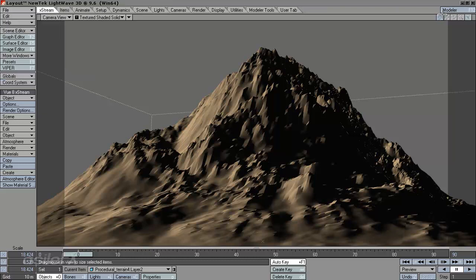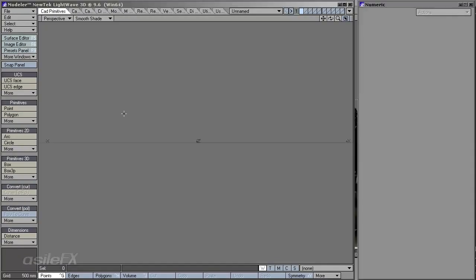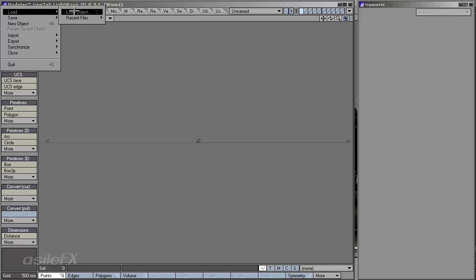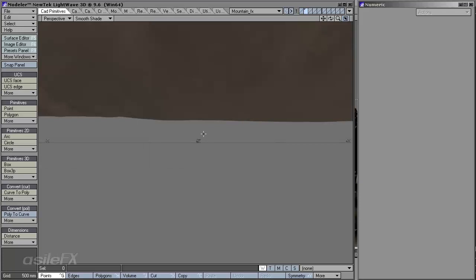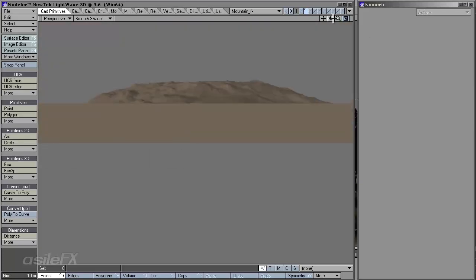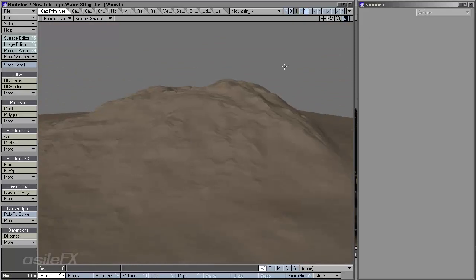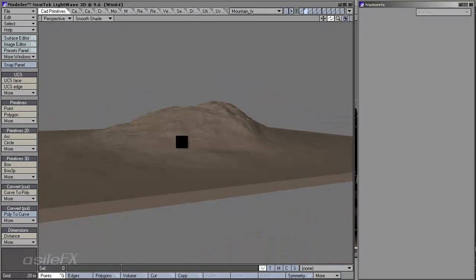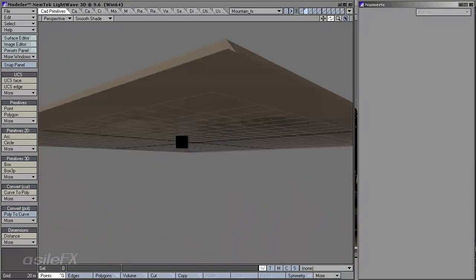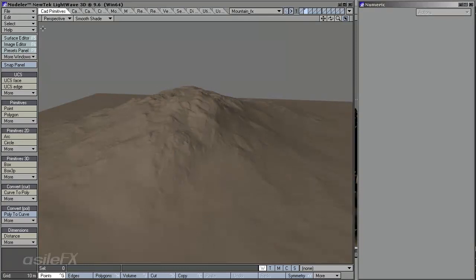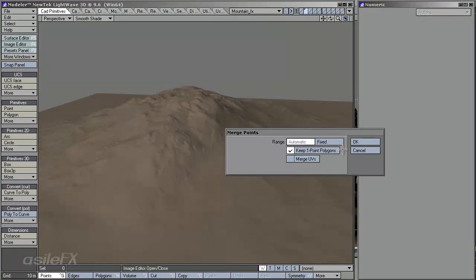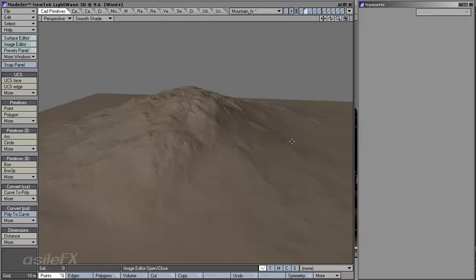Now before I load in the object, I do want to go into Modeler and make modifications. Obviously we need to merge the points, but the surface is also going to be an issue. So I'm going to load that object in, and we're going to reassign the material. And you may notice that the overall shape and size of this is going to be a little bit different. So we'll have to see whether or not we need to match the scales. But first, actually, I'm going to go ahead and really quick just merge it. So M on the keyboard, merge all the points together,